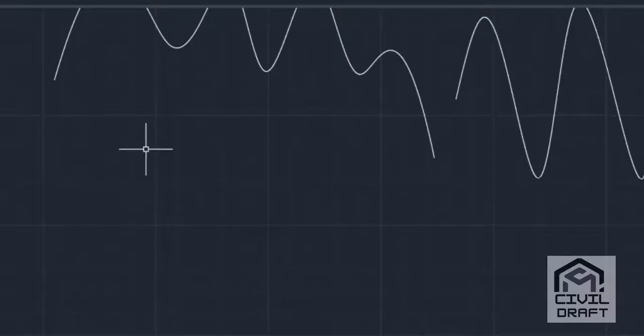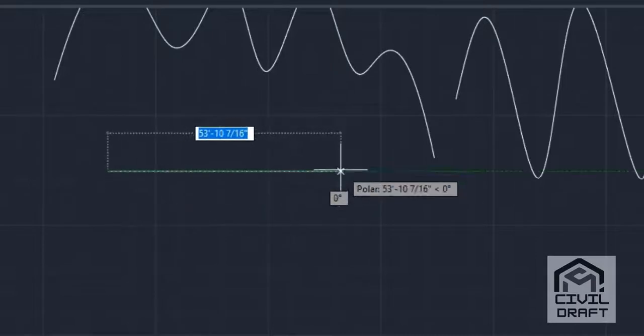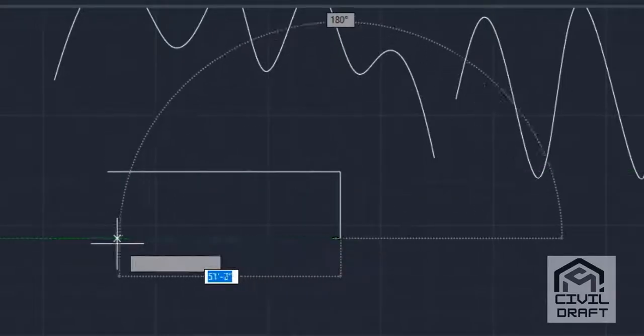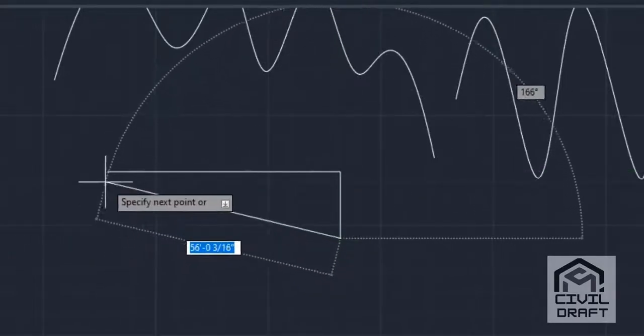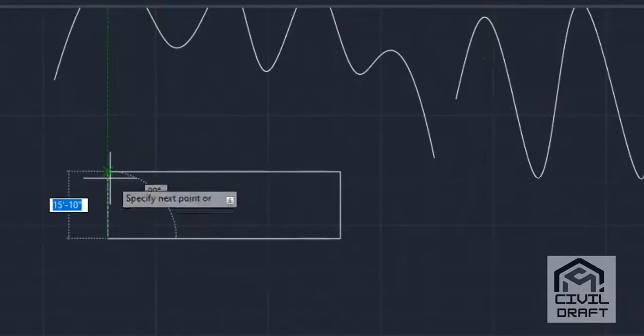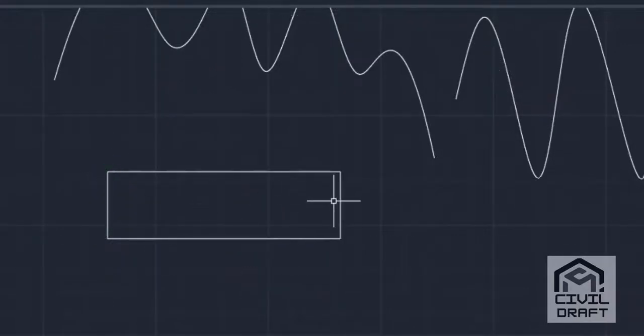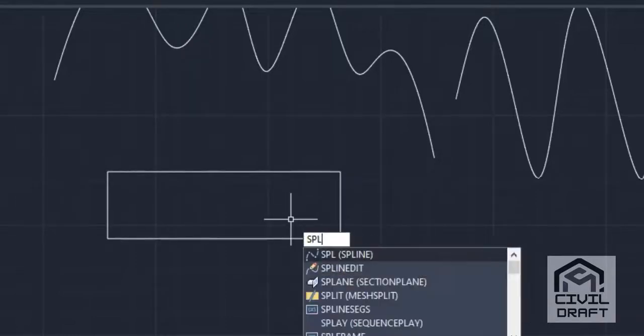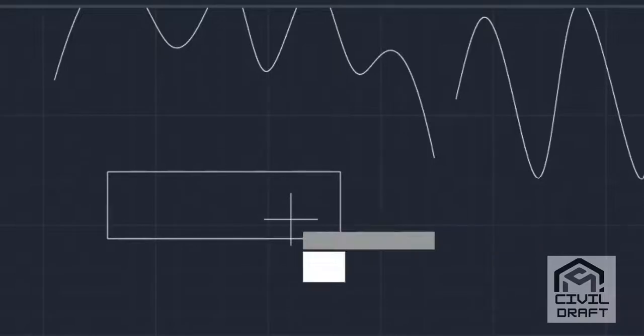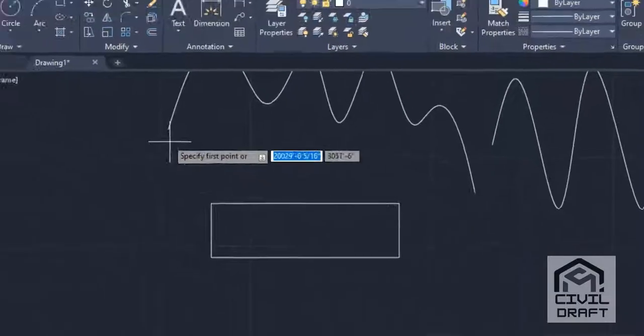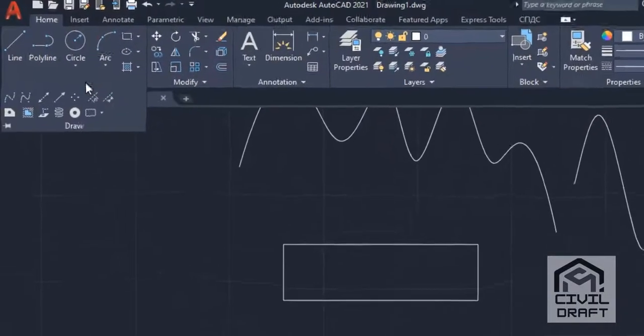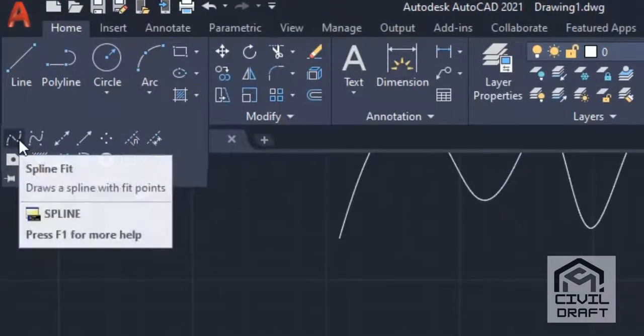For this, first I'll take the line command, L, enter. Okay, and enter. I'll draw the symbol of pipe flow here. For this, I'll take the spline command, SPL, enter, M, enter, F, enter. Or you can directly go to the Draw panel and take spline fit from here.